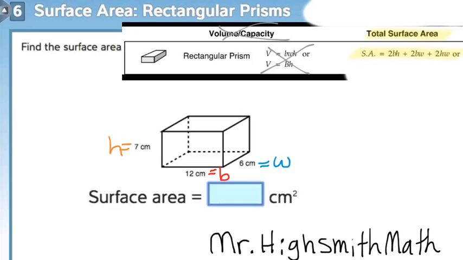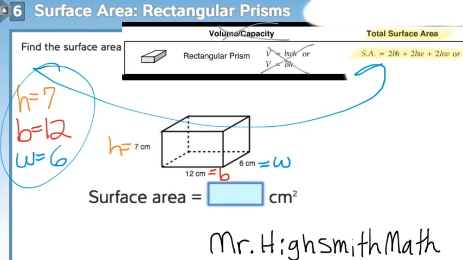And all you have to do, and I would recommend writing, h equals 7, b equals 12, and w equals 6. And all you have to do is plug these numbers in to the formula here for the